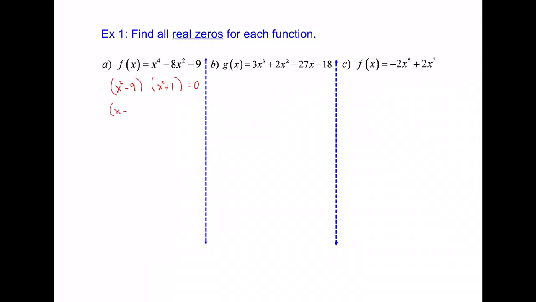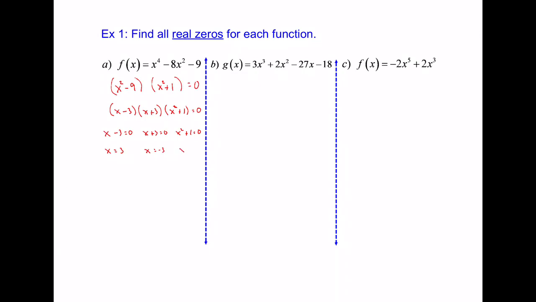The x squared minus 9 is a difference of squares, so we'll factor that again into (x minus 3)(x plus 3). The x squared plus 1 is not a difference of squares. It cannot be factored again. And so we have three factors. x minus 3 could equal 0, x plus 3 could equal 0, and the quadratic x squared plus 1 could equal 0. So when we solve all three of these, we get x equals 3 as a solution, x equals negative 3 as a solution,